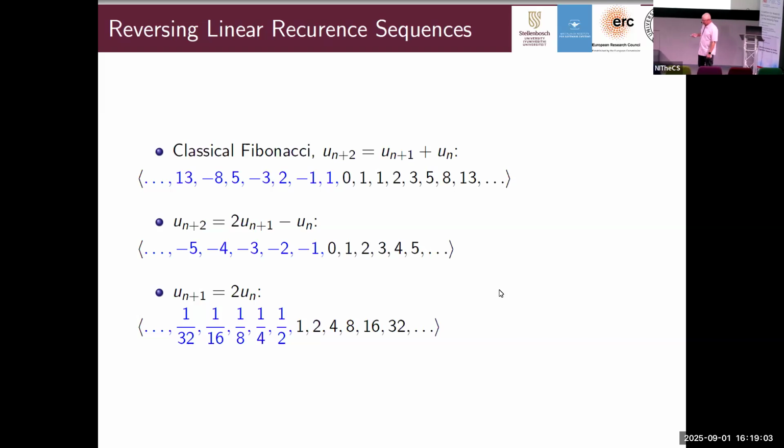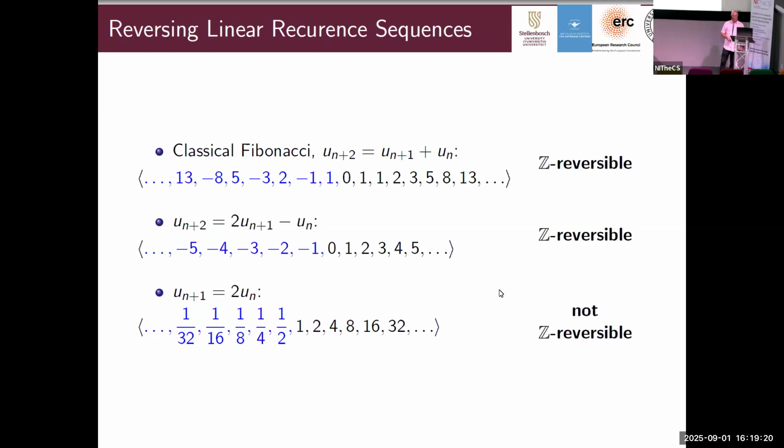You go into the past, that way you're not going to obtain integers, but you're going to obtain rational numbers that have powers of 2 in the denominator. Like in order to get that 1, what do you have to multiply by 2 in order to arrive at 1? It is a half. And then you keep on going into the past. So these things would be called z-reversible, and these things are called not z-reversible, meaning that if you reverse them,